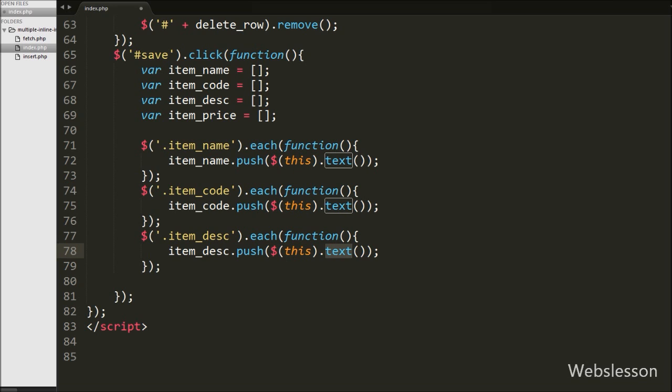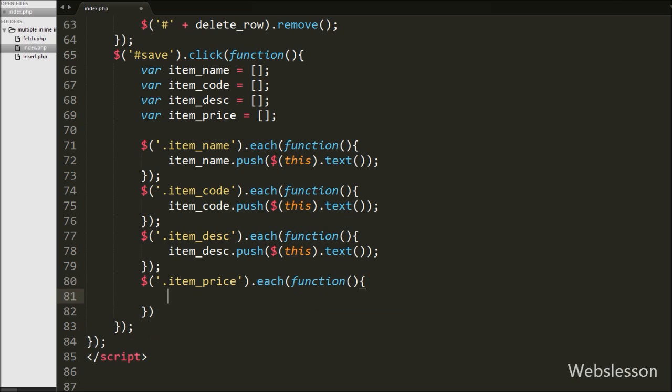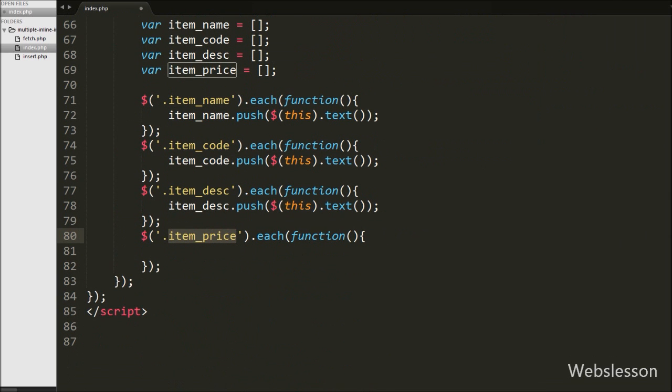variable. Lastly we want to get the item price table column data and store it into the item price array, so in the table the item price table column has class item price, so we have written $ with the table column class item price with the each method with a function. Under this method we have written the item price array variable with the push method, and under this method we have written $ with this selector with the text method. Here the text method will fetch text from table data and the push method will push this value into the item price array